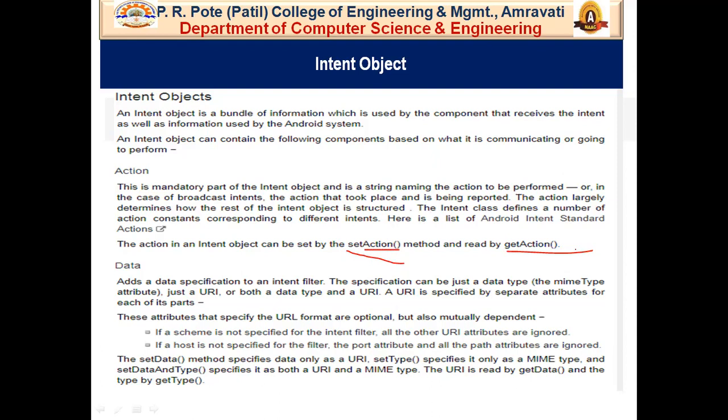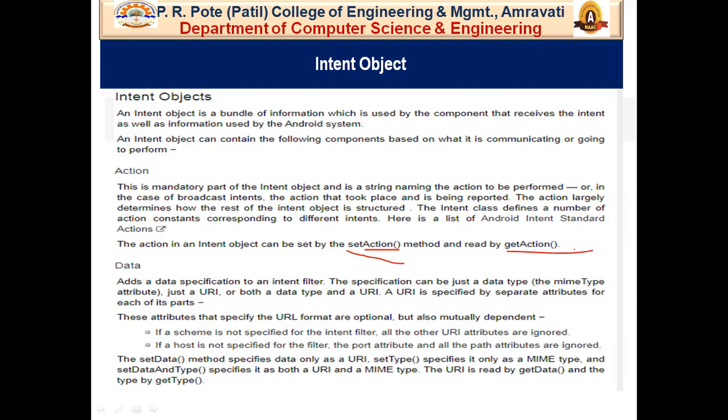It adds a data specification to an intent filter. What is an intent filter? We will discuss it in the next topic in the same lecture. This specification can be just a data type, it can be just a URI, or both data type and URI.